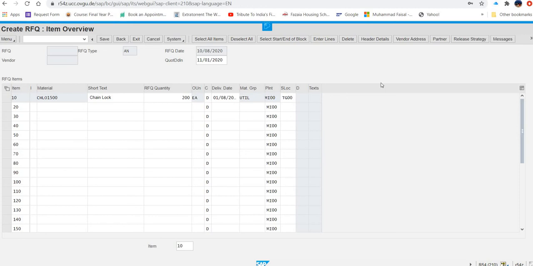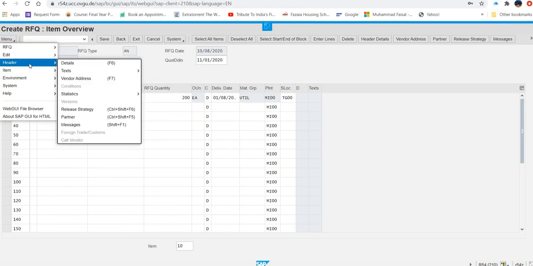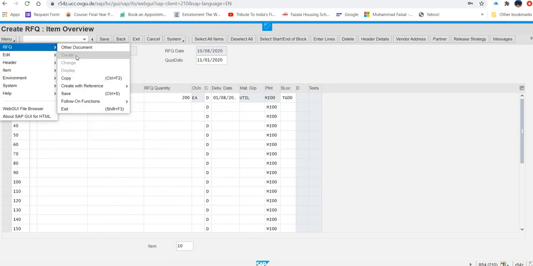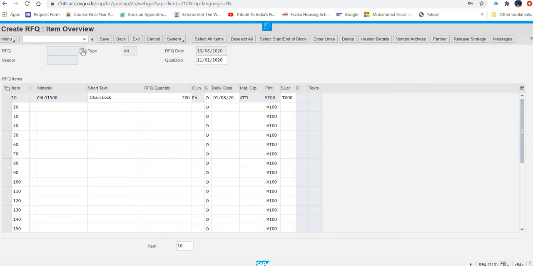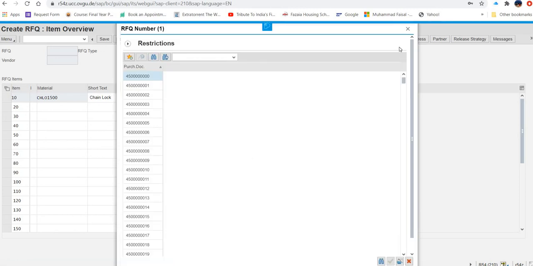No, we have to be in the header data. So where is the header data? Let me just find header data first. Maybe here. Header. RFQ. No. We have to be here in the header data. We have to make sure.